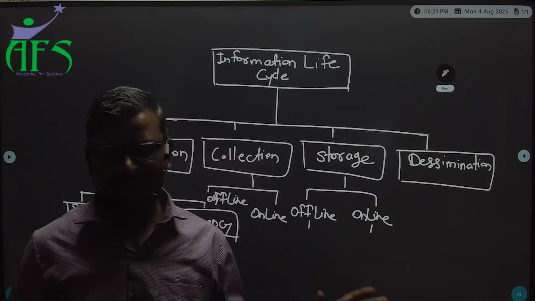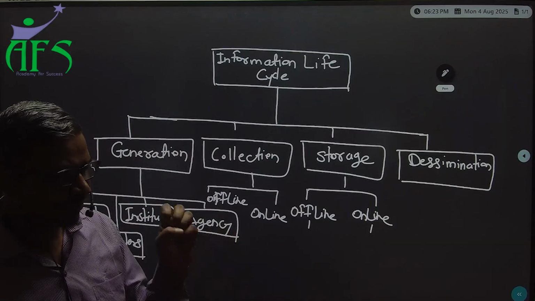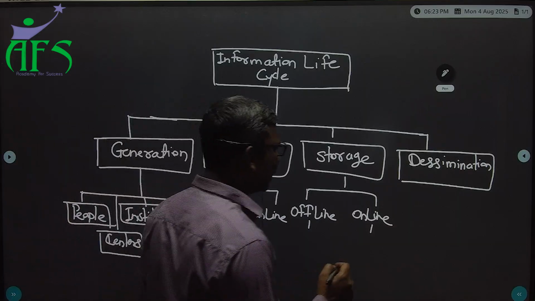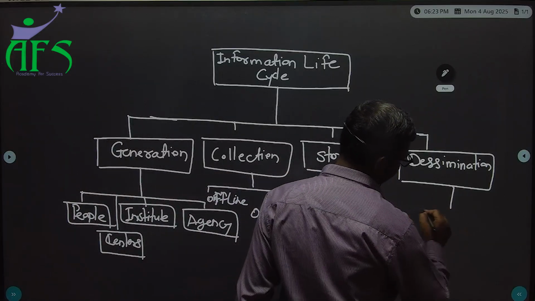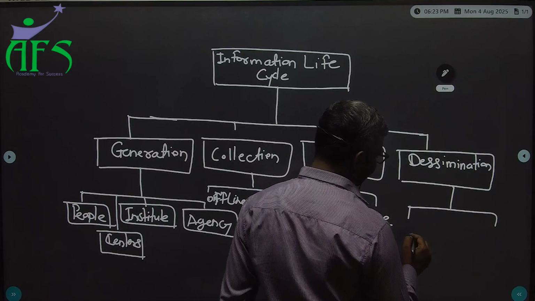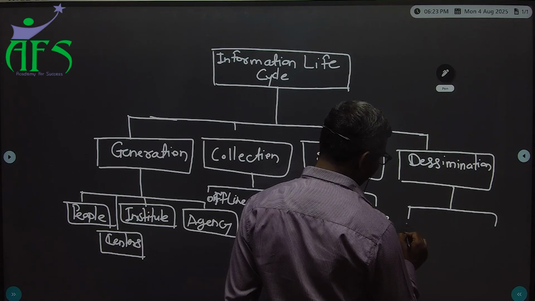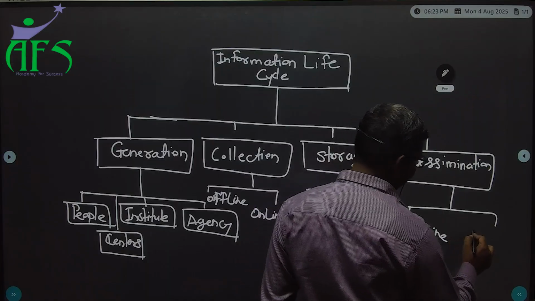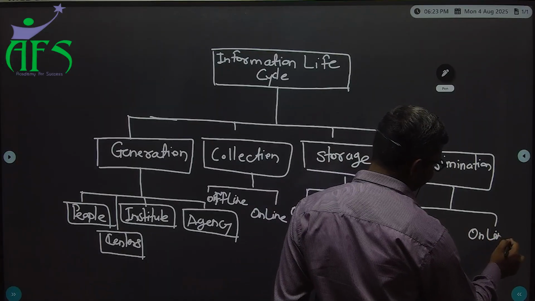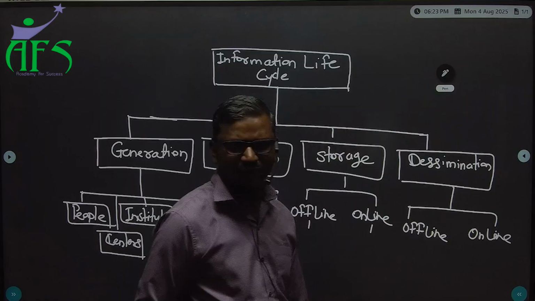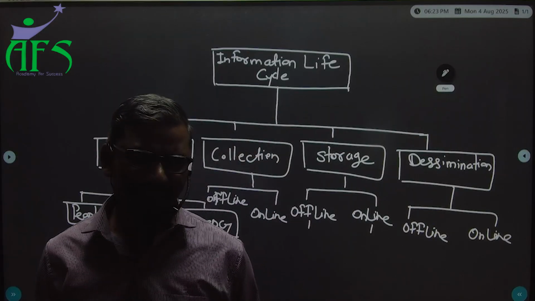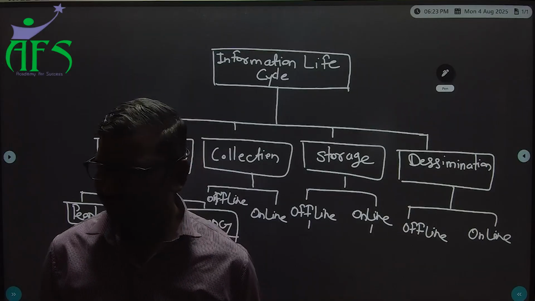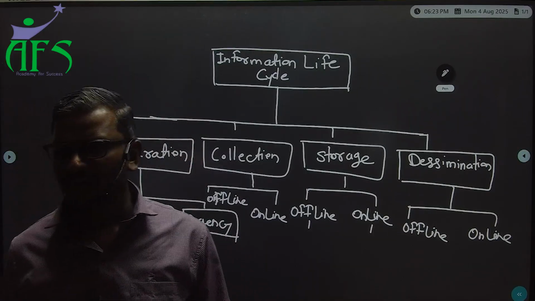There are many methods, tools and techniques which are used to retrieve the information. Here also there are two ways of information retrieval. First one is offline and second one is online. Offline methods, if we take the example of a traditional library, is the storage of information, and when the user